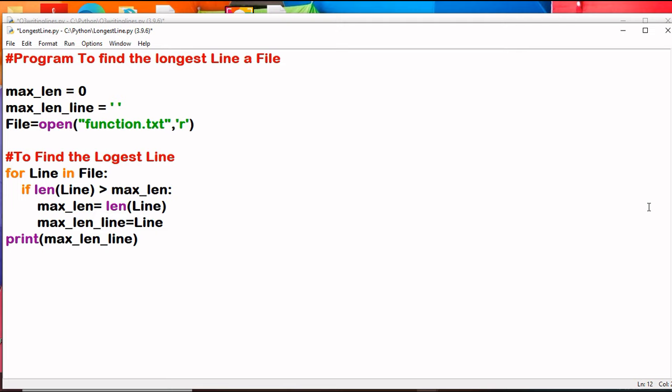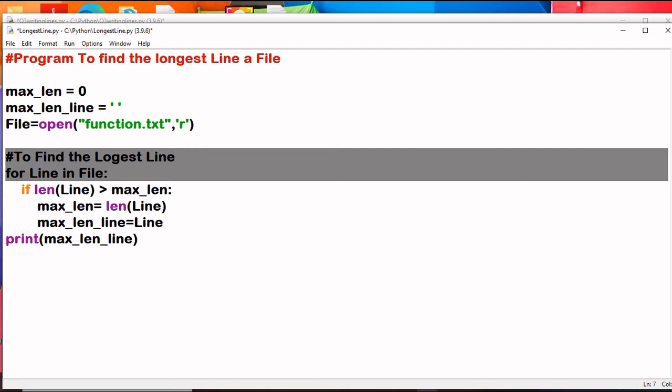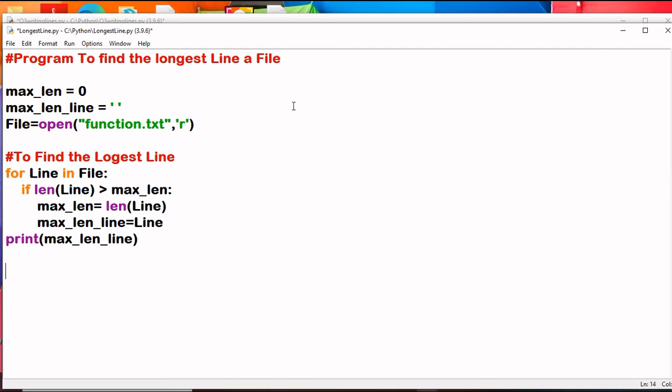This is the first program, to find the longest line in a file, and the file name is function.txt. So the program is to get the longest line from a file. This is the maximum length, and the initial value of max length is 0.